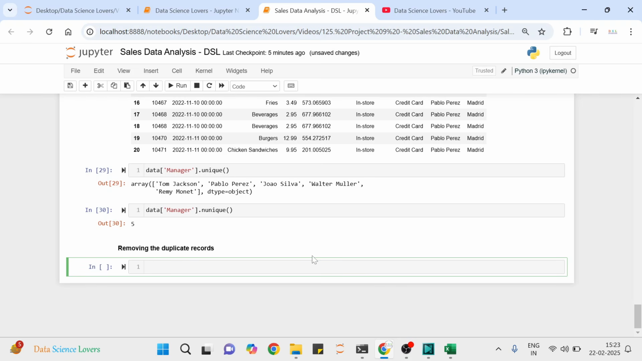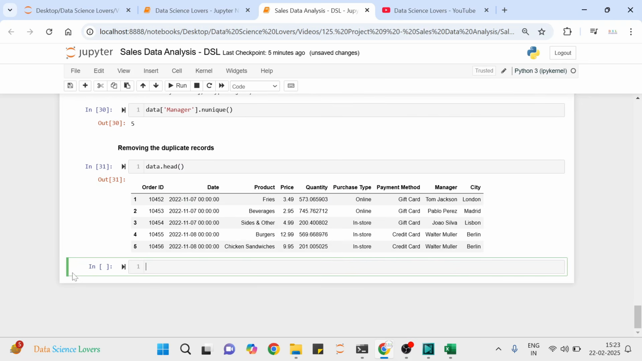Now we will move one step ahead, which is cleaning of our dataset. First of all, we will remove all the duplicate records from our dataset. Let's have a look at the dataset. This is our dataset. If we use the describe function on this dataset,